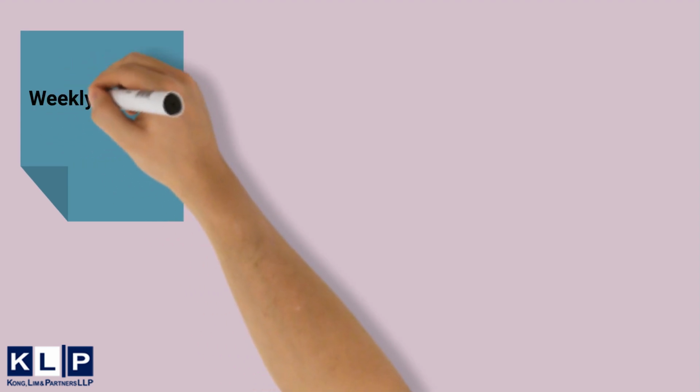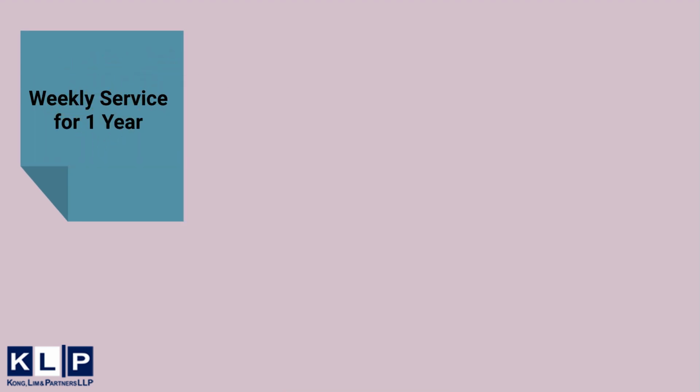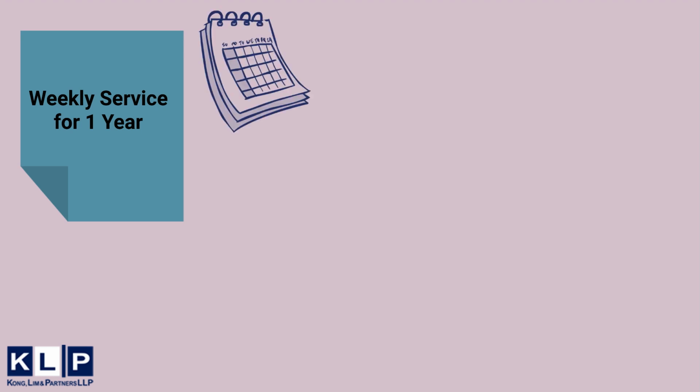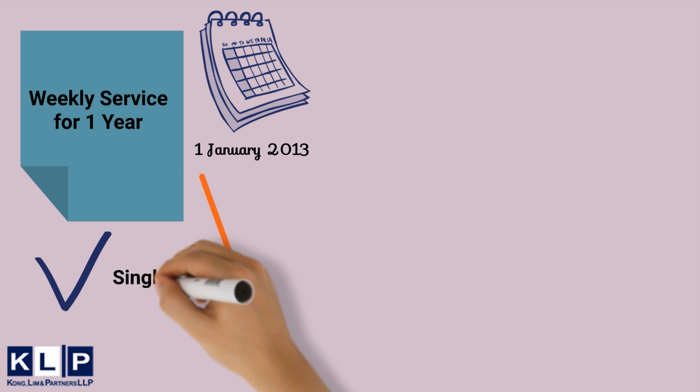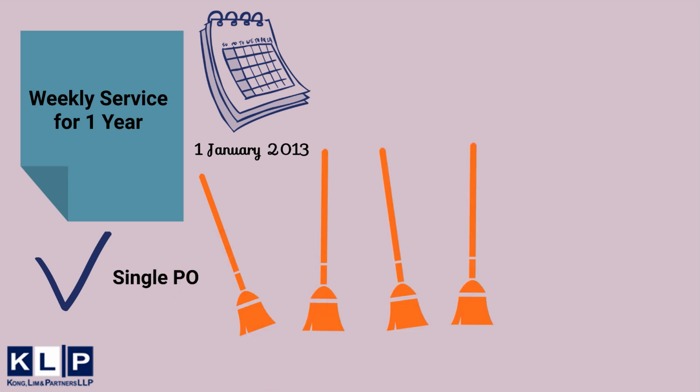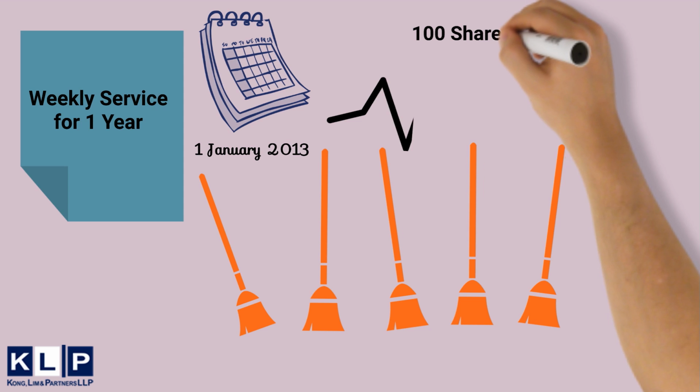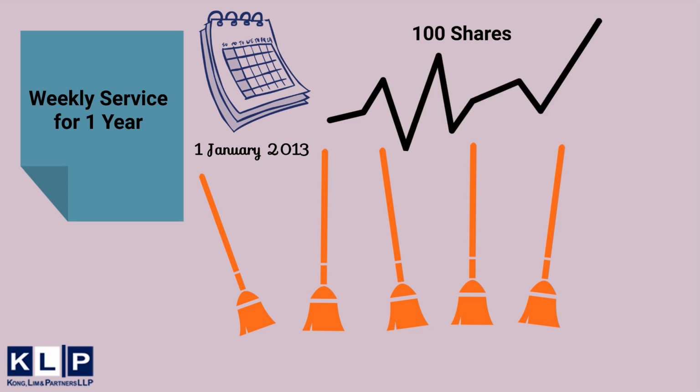An entity enters into a contract with the customer to provide a weekly service for 1 year. The contract is signed on 1st of January 2013 and work begins immediately. The entity concludes that the service is a single performance obligation. This is because the entity is providing a series of distinct services that are substantially the same and have the same pattern of transfer. In exchange for the service, the customer promises 100 shares of its common stock per week